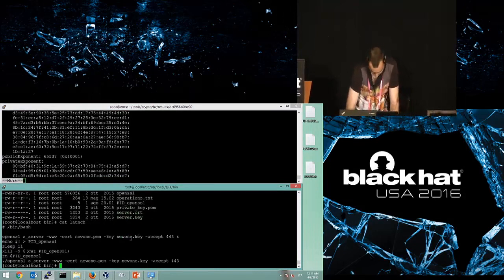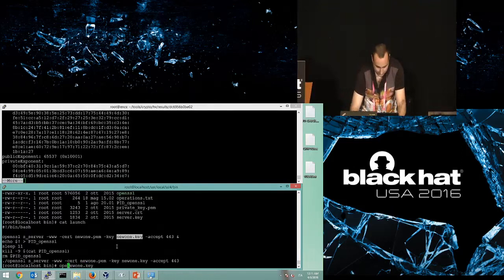The name of the server key is new one on the server side.